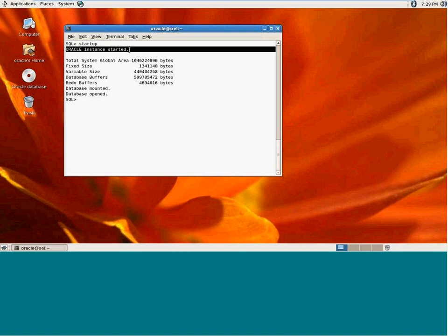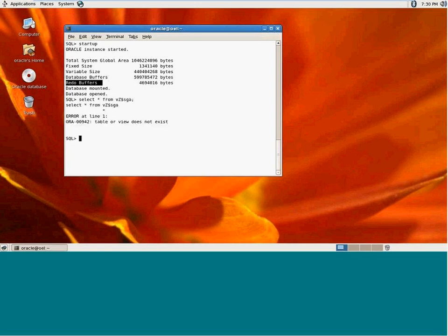Can you see a system global area right now? Yes. Okay. What is in the system global area? It is divided into three things: a database buffer cache, a redo log buffer, and a shared pool. If you want to see the complete view, we can see it by using the view called,